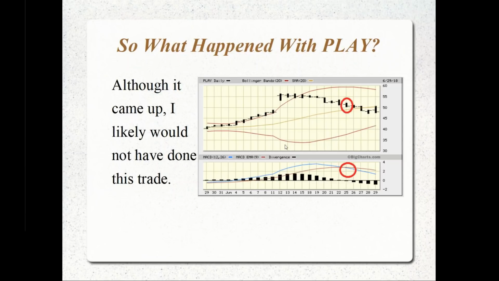I likely would have not entered that trade. Now, yes, it matched the criteria where the stock has been above the 20-day moving average. It's been in an uptrend. It's not bouncing off the bottom of the Bollinger Bands, and it did have a MACD where the MACD line was above the signal line for at least 4 days, but it was just starting to cross on Monday.